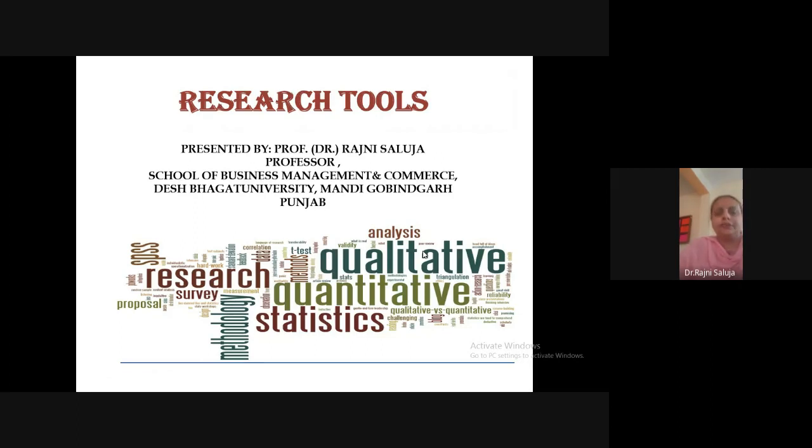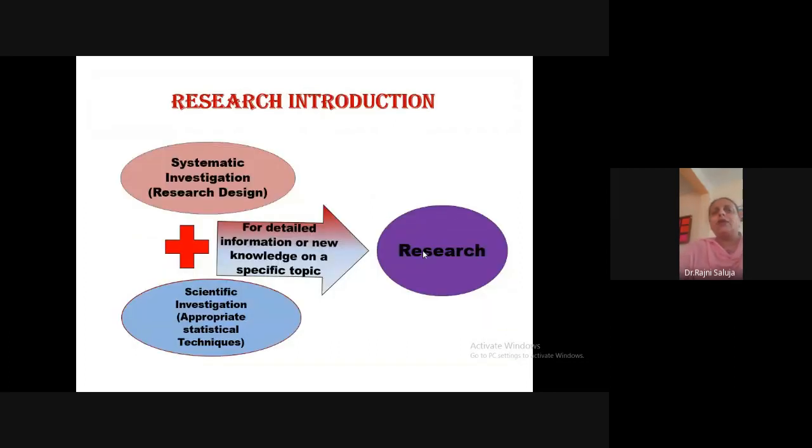about this research, about the various topics of the research from the last 3-4 days. So, if we introduce the research, we can say that research is a systematic way of answering a particular question. It means we have a problem and we have to find out the solution to the problem. That is the research. And in that case, we can say that systematic investigation plus scientific investigation and in